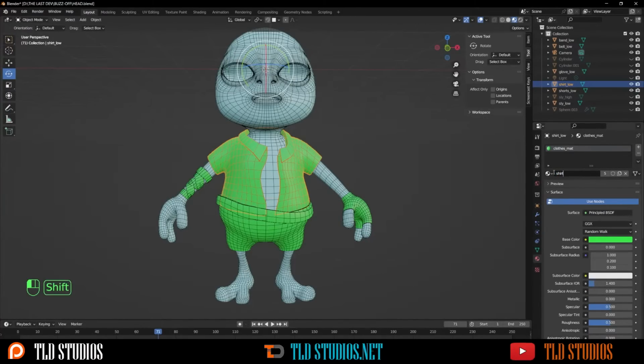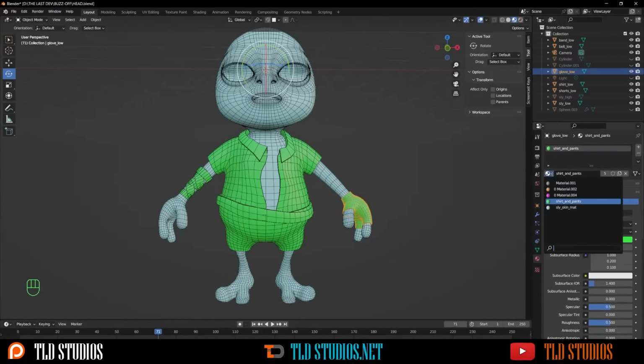Let's put the shirt and the pants on the same UV sheet. So we're going to name this shirt and pants, and we're going to grab the gloves and just create a new material. And if you have one already, you can just select that and rename that to maybe gloves, belt, and band. Maybe that's a little bit more organized so we know what's going to be on this. And what we can do is now